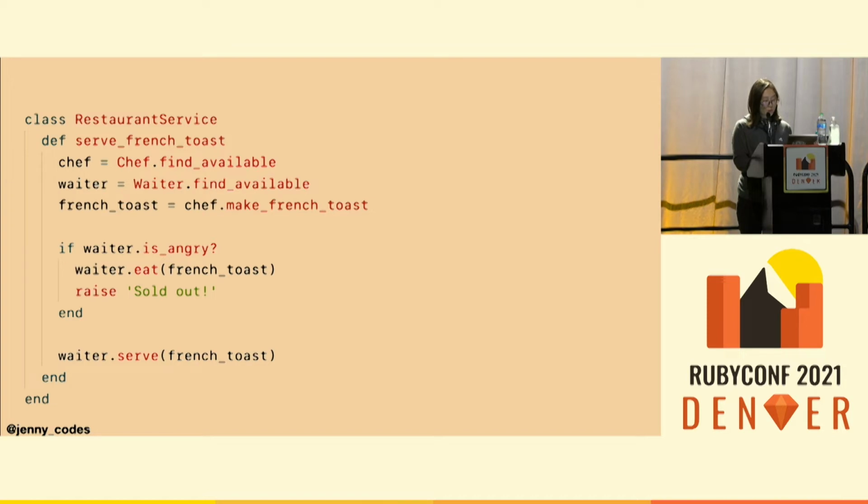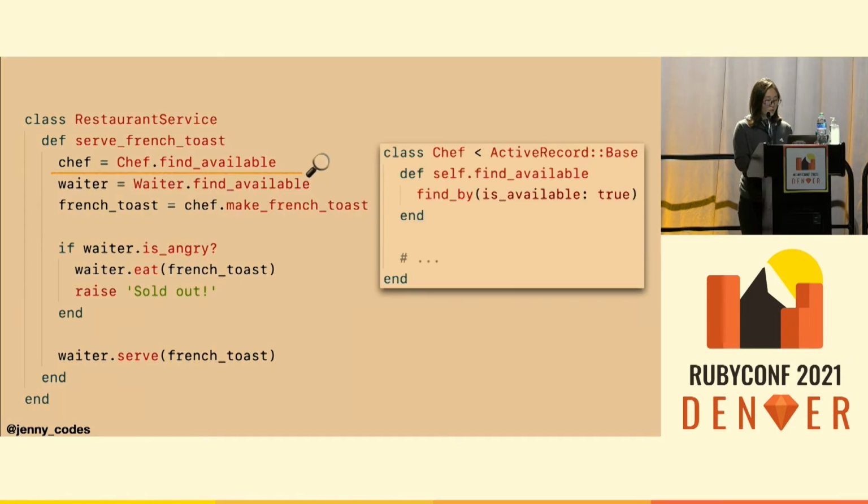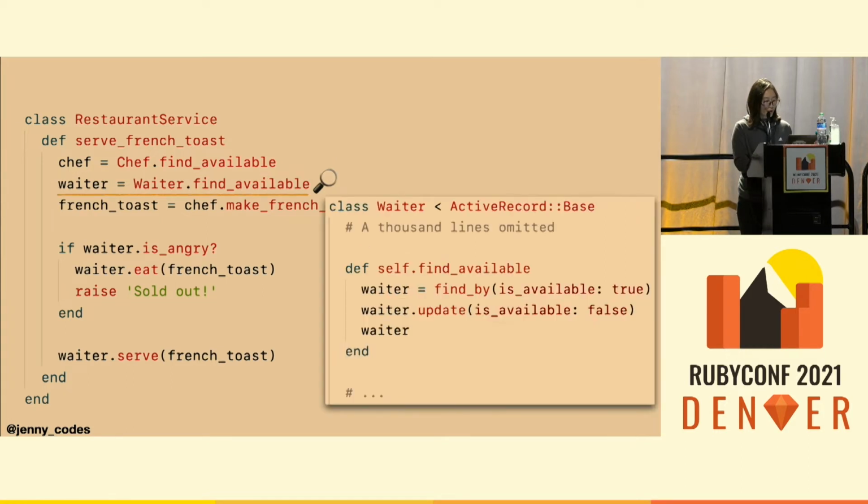So now to find out what this test double is for, we have no other choice but to look into each line. So first, we look at chef. It sends a query to the database, not what we're looking for. The second line is getting a waiter. This is more interesting. It not only makes a database query, but also makes a database command. And at this point, you might be thinking of one thing.